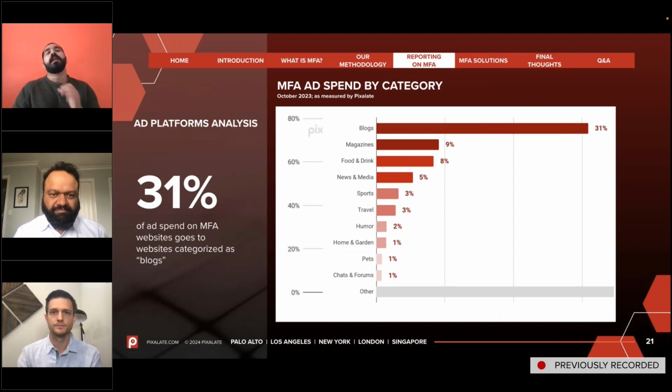Moving on, we also analyzed the domains themselves, the websites themselves, and determined what kind of categories these MFA websites belong to. The most common one was blogs, but other than that, there's "others" all the way at the end, which is kind of a catch-all, which basically means these domains were not categorized, which makes sense because these are new domains, not categorized, not as popular, but they drive all that traffic, right?